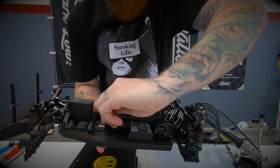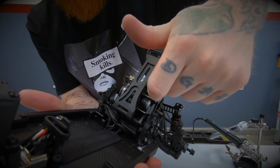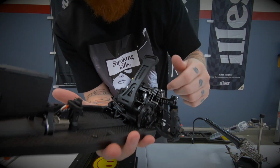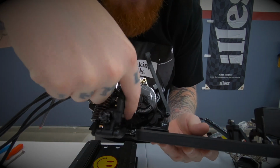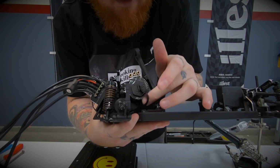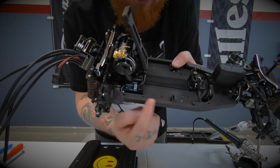And then if we take the battery out, that's where you can see where I've ran the S-Bus wire up underneath, or no, I'm sorry, that's the RX wire. It's ran underneath on this side. And then on this side, we have the sensor wire and the S-Bus wire running up underneath. I put a little zip tie on there just so it won't come back and hit the axle. If it does move or wind hits it or anything, it's not going to hit the axle or tear the wires and stuff. But running the antenna through here,